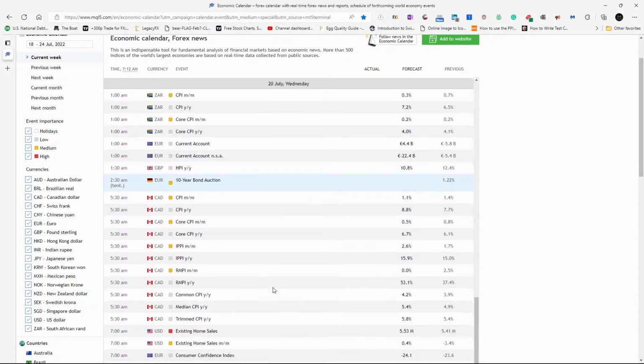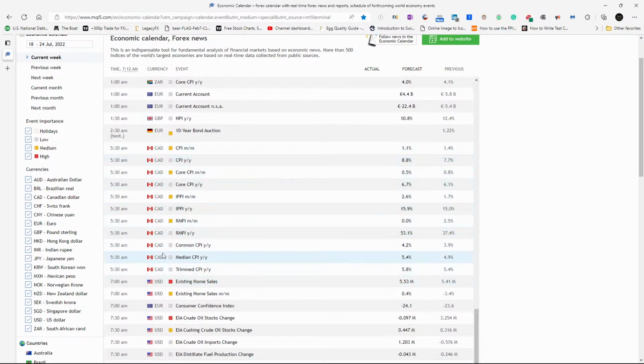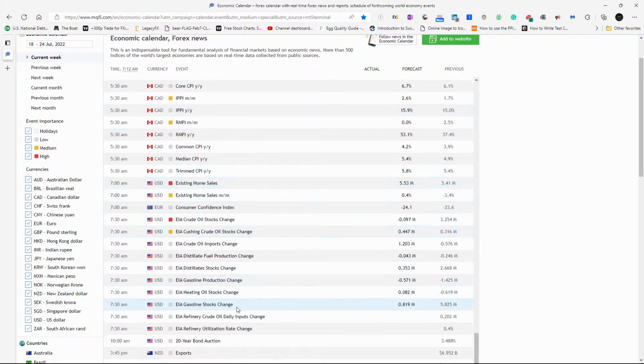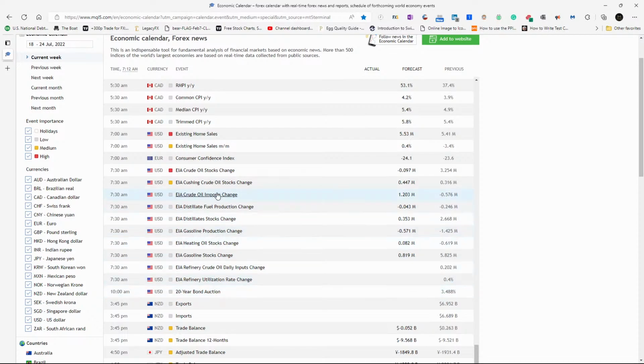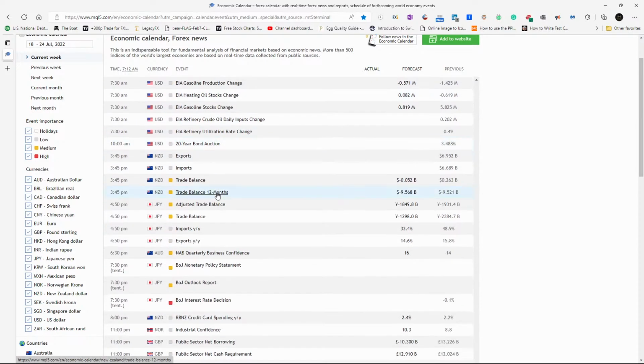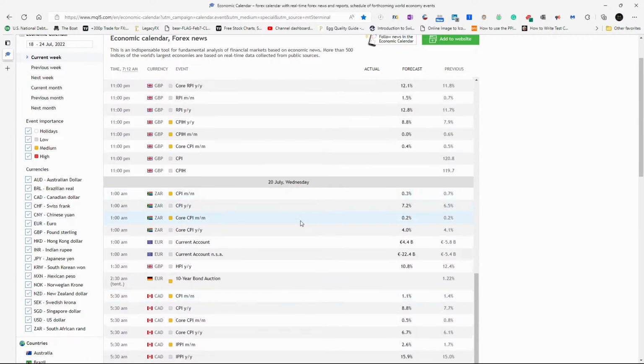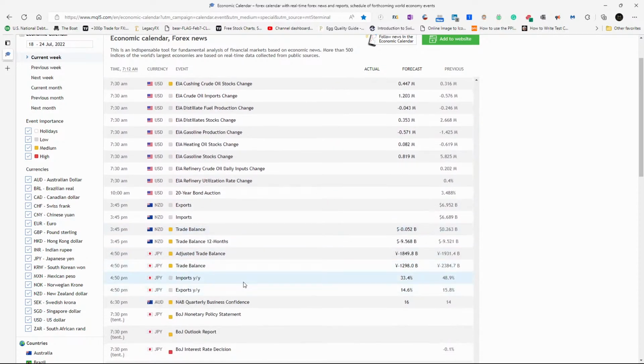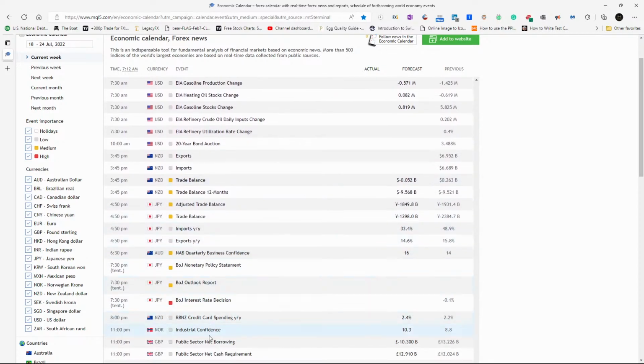And then we have going into overnight tomorrow, we have CAD tomorrow morning. And then we have the existing home sales. And this is all crude. Oh, by the way, the interest rates not until Wednesday, so it'll be Wednesday night, not tonight. There's an interest rate decision from the Bank of Japan,